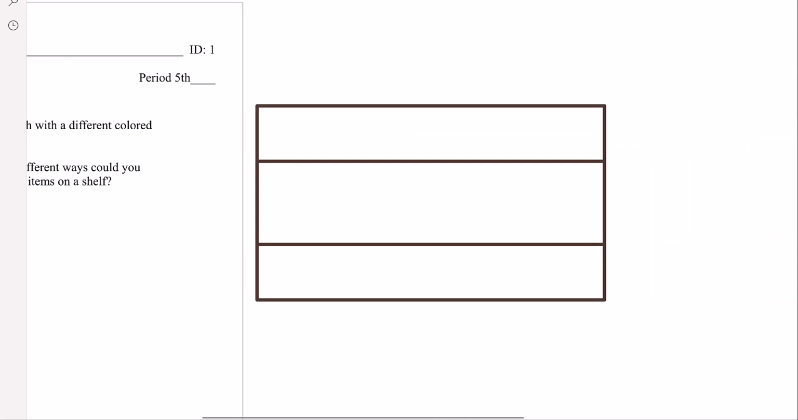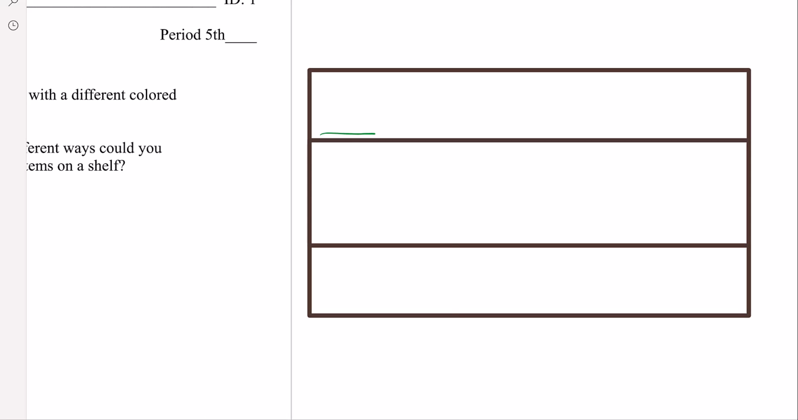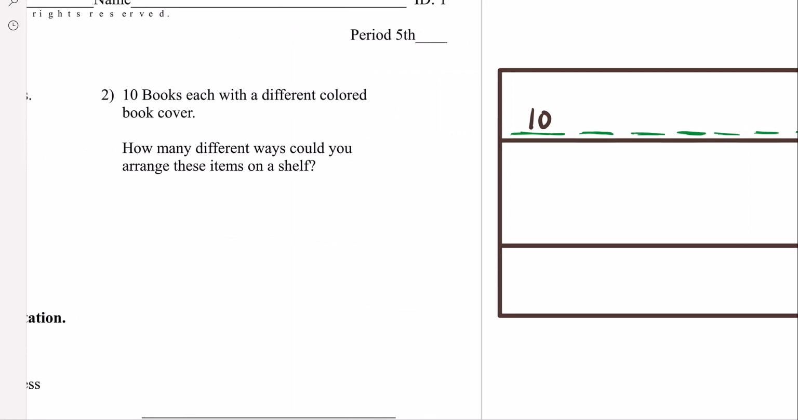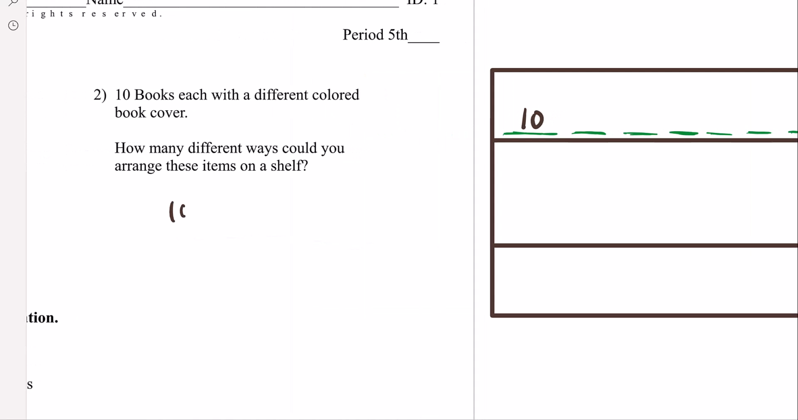All right. So I'm going to put 10 spots. I better make this 3, 4, 5, 6, 7, 8, 9, 10. All right. So we're going to arrange these. Well, let's think about it. In this first spot, there's 10 books that we have to choose from. So you have 10 books, right? Once we select a book to go in that spot,